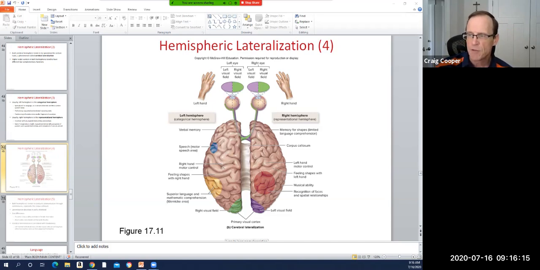So we call this categorical hemisphere the left, and the representational hemisphere is on the right. If we look at these frontal lobes, we've got verbal memory. So when we're trying to read and write and speak and understand those things, that's pretty much all on the left side of the brain for most of us. The right side, memory for shapes. So if we're trying to feel, recognize, identify triangles, circles, ovals, rectangles, that type of information is much better on